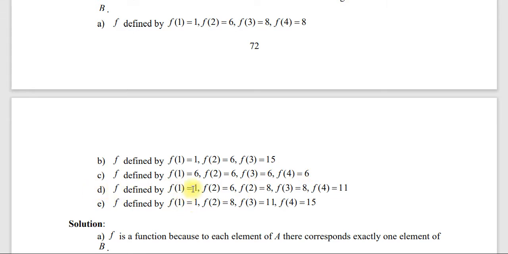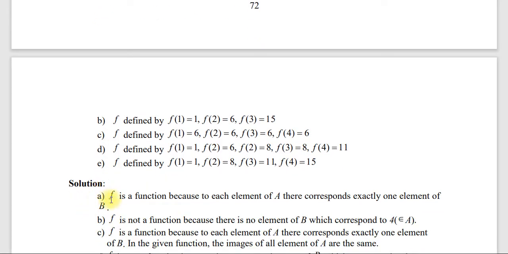f defined by f of 1 is 1, f of 2 is 6, f of 2 is 8, f of 3 is 8, f of 4 is 11. f defined by f of 1 is 1, f of 2 is 8, f of 3 is 11, f of 4 is 15. ስለዚህ ከተሰጡት አማራጮች መካከል ከs ከe ድረስ ከተሰጡት አማራጮች ፋንክሽን የሆኑት የትኞቹ ናቸው ይለናል።